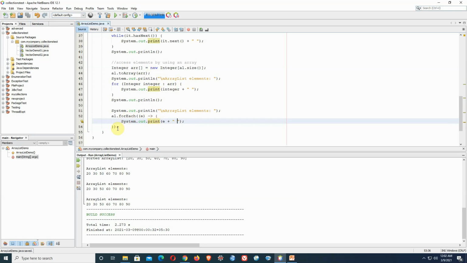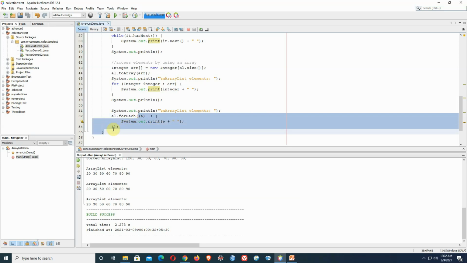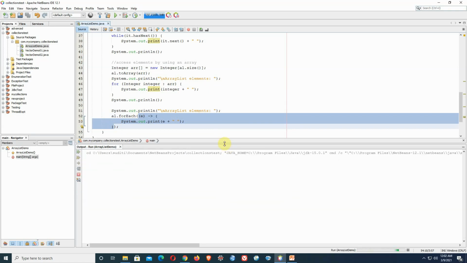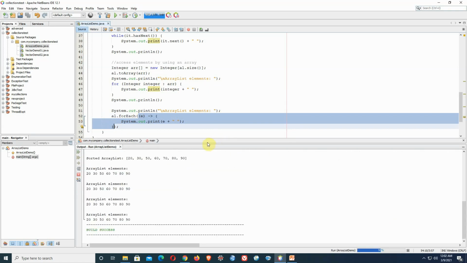So that is made available with respect to the array list. So now, it is basically the use of the lambda expression that I have been able to do here. So let's run the program. So here you can see that I have been able to successfully access the elements by using this technique, that is a for each. So using the lambda expression.